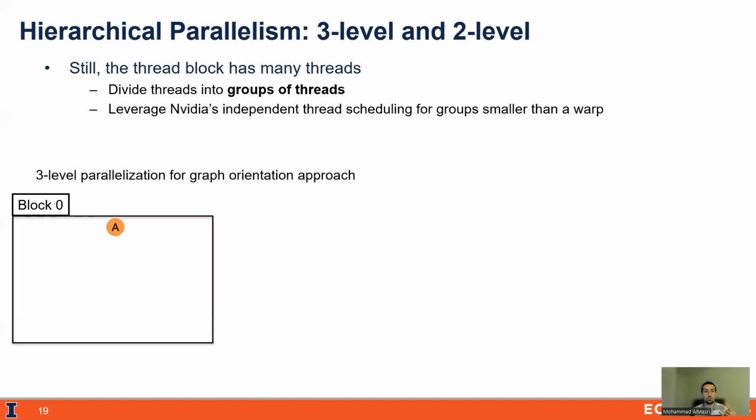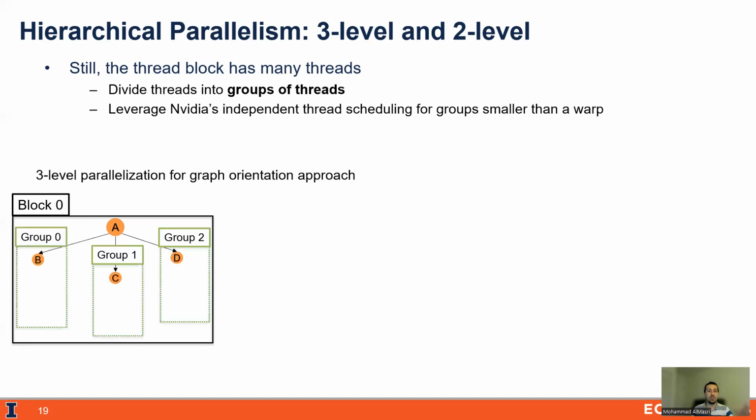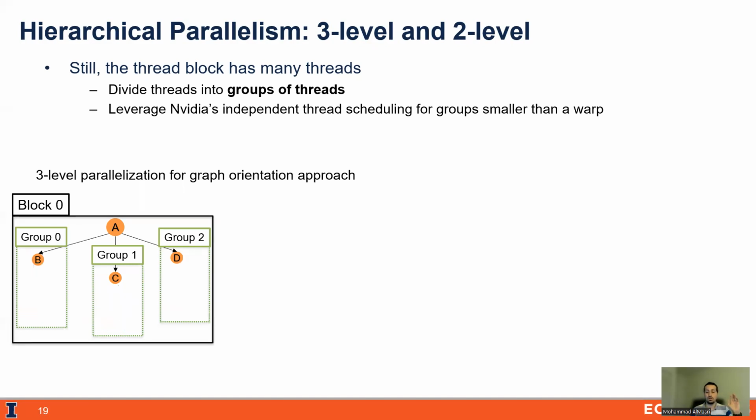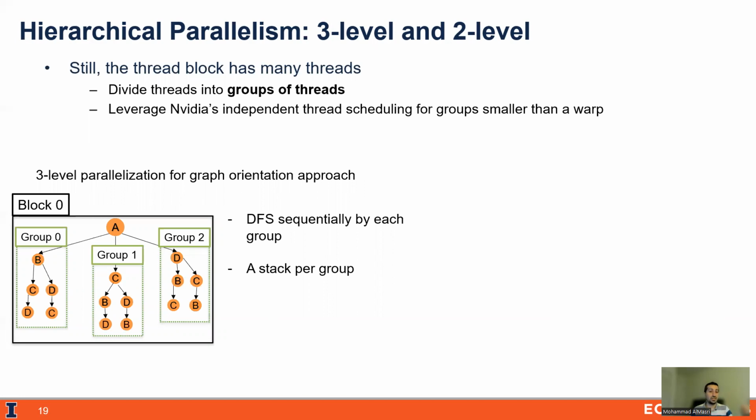So we provide two ways of work division within the block. In the three-level parallelization strategy, which we use for graph orientation, we assign a block, let's say, to a vertex or an edge, and then the subsequent level will be assigned to a group of threads. With this design, each group will do a depth-first search sequentially by its own and independently from other groups. There will be a single stack for each group,